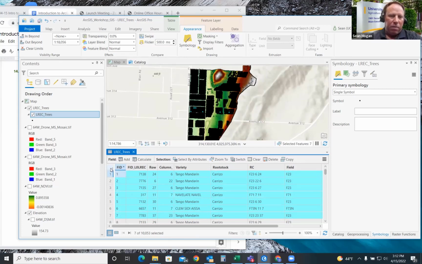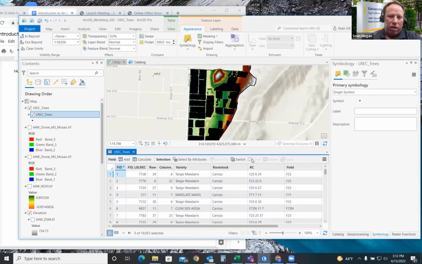If I drag over the top, they'll turn up as brighter cyan spots on the map. I can clear those by clicking on the top left corner, or there's a clear button here as well. So that's just selecting those given features by clicking or dragging over the top of them. But what we'll be doing today, since we don't have Pacline data for the whole research center, but we do for one of the fields, we need to create a subset or query a subset of just the field we're interested in.